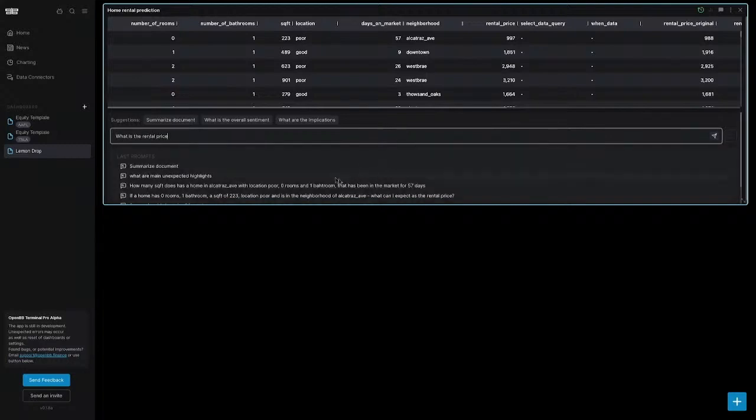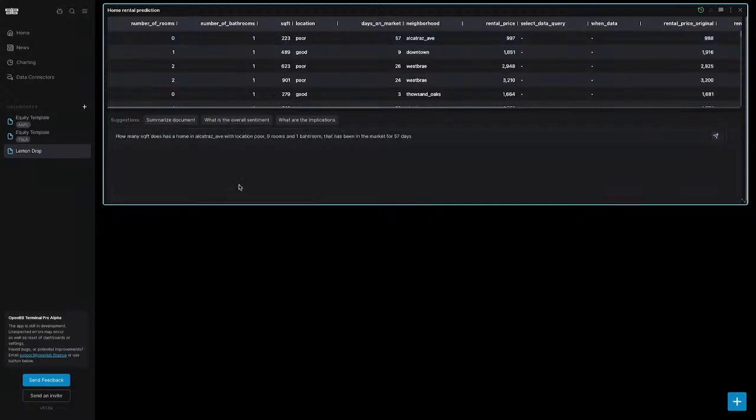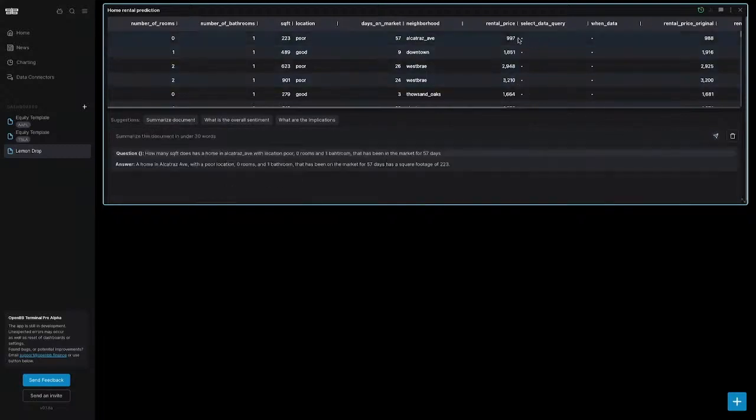Oh, actually, did this one earlier. So I'm going to ask, how many square foot does a home in Alcatraz have, which is this one, with location poor, with 0 rooms and 1 bedroom, which is this one here. So I'm going to click here, and we're going to see if the result is 997, which is what we were expecting. Oh,